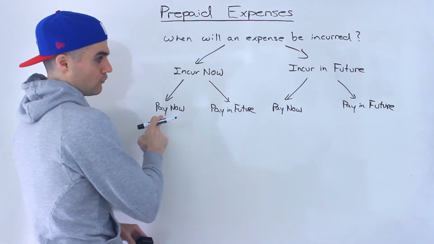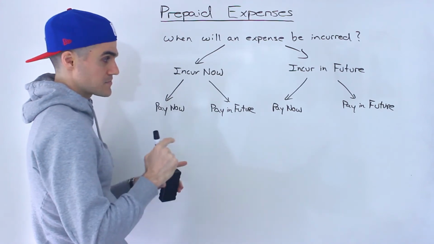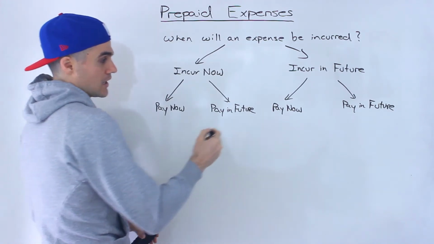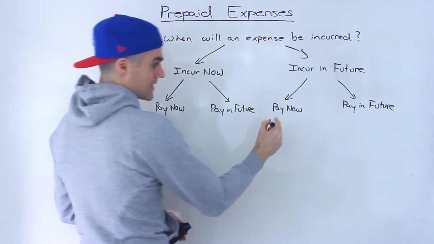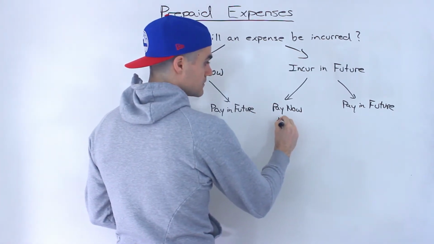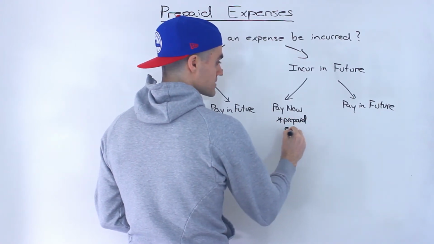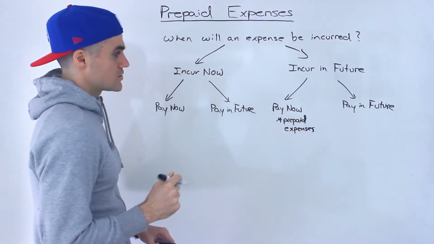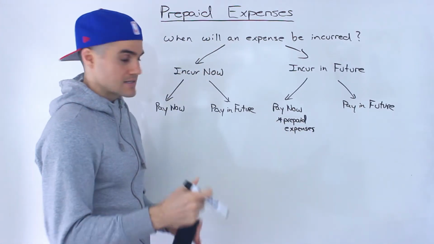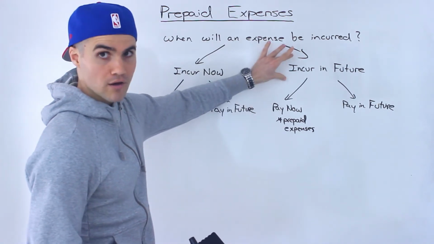And we're going to go over these four cases in more detail. We're going to have specific examples for each. But prepaid expenses, out of all these four cases, they come about in this case over here. Prepaid expenses are here. So they're basically expenses that you pay for now in this period, but you're going to incur them